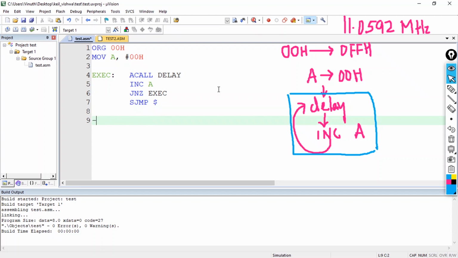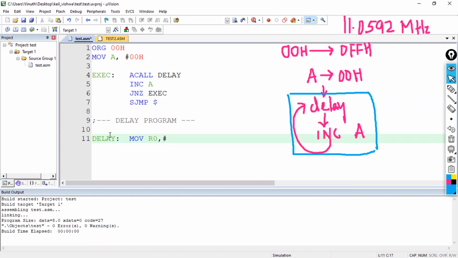Now let us write the program to add delay. Since I have given the target as delay, I'll start off with this delay program. In order to give the delay, I'll be moving R0 with some value.